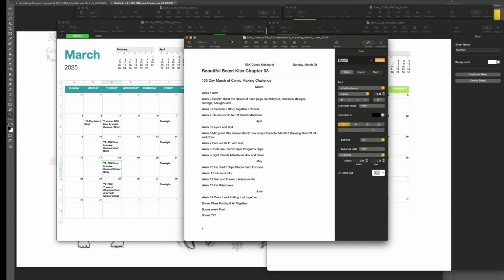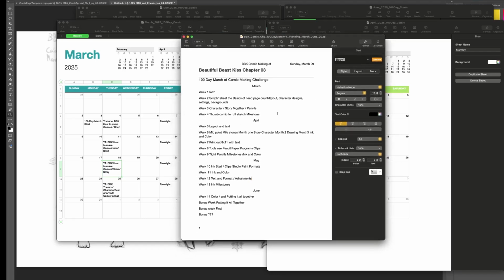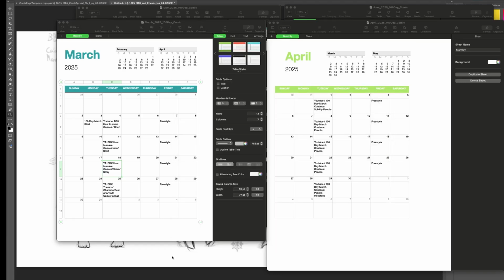The schedule again, and this is the end of week 2, the 18th of March, and next week will be the last week in March, and we're going to do some milestone thoughts. I'm still trying to put this all together. And so I have it broken down by month, the 100-day march, starting in March. We have this mostly done, and I kind of have an idea of what we're going for.